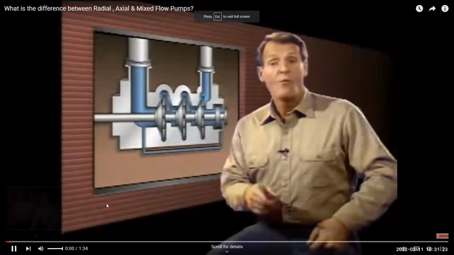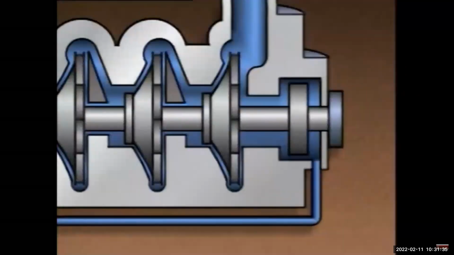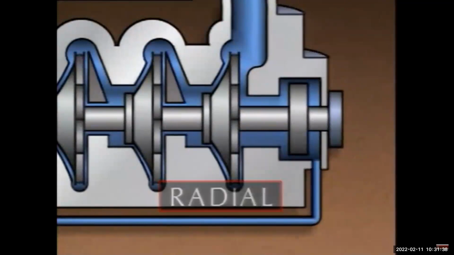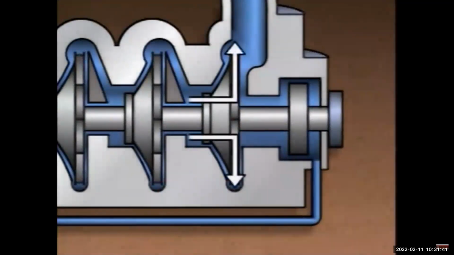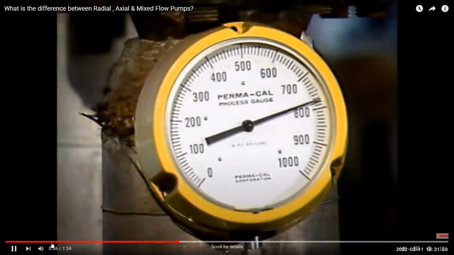One way that centrifugal pumps can be categorized is by the way liquid flows through them. Three common flow path classifications are radial flow, axial flow, and mixed flow. In centrifugal pumps that have a radial flow design, the impeller causes the liquid to make a 90-degree turn and flow outward, or radially, from the suction eye to the tips of the vanes. A radial flow pump takes advantage of the maximum amount of centrifugal force that the impeller develops. Generally, radial flow pumps are capable of higher discharge pressures, but they don't move as